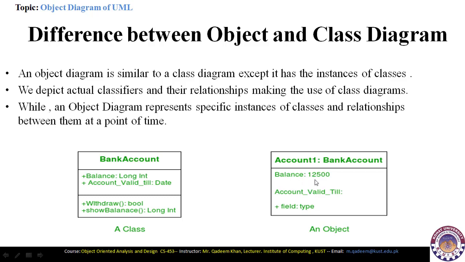Now, when this is instantiated, the balance will give us 12,500. You can see the balance is the variable or data member here, and it is of the long integer type. So at runtime it will give us 12,500 in the balance variable, and account valid till is a field type. It gives us the account valid till date. Field type means that it has been provided